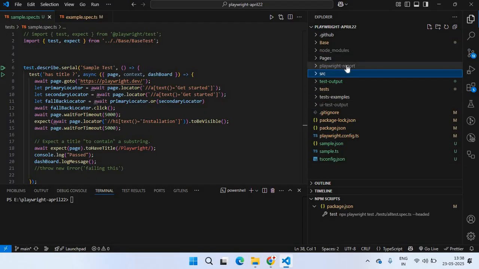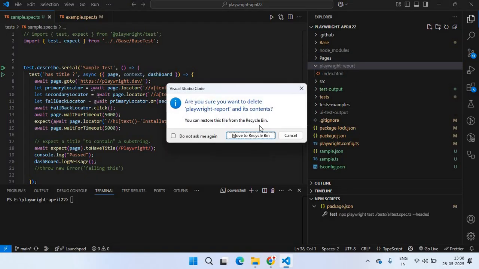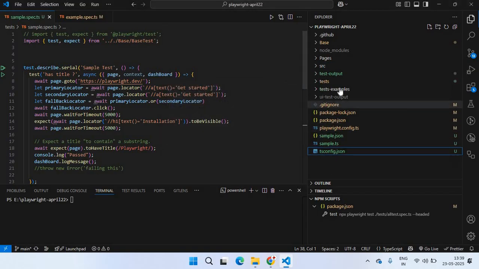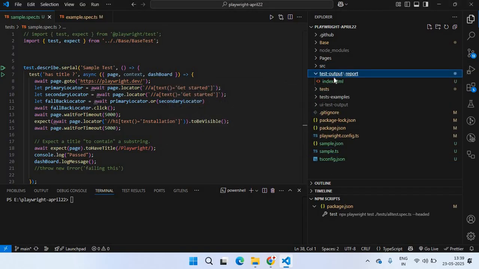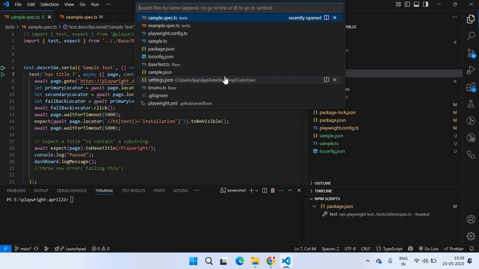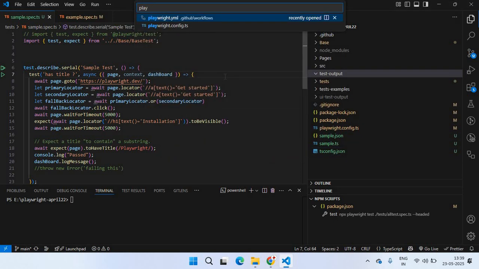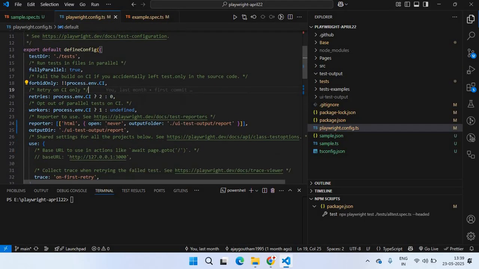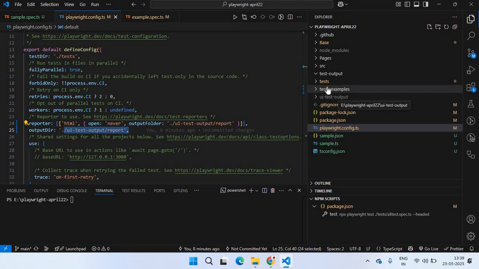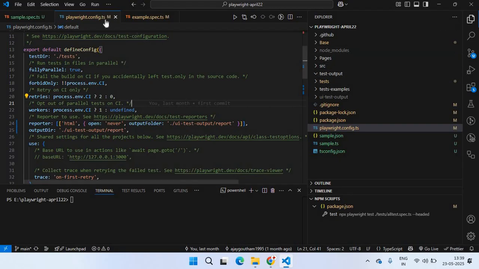and forget about this Playwright report. As of now we can delete this, and also test report we can delete this, because if you see in playwright.config.ts in the report section, we can configure this, right? So we can configure the folder path. I have given it as a UI test report, so that all the test reports will be available in the UI test report. Okay, so what we have to do now,